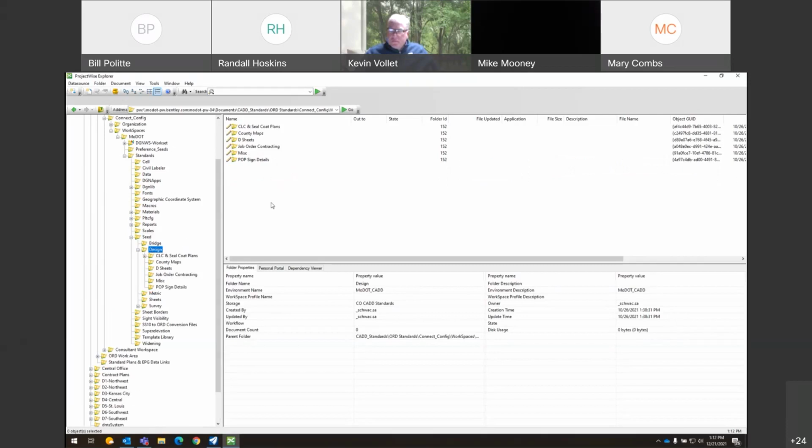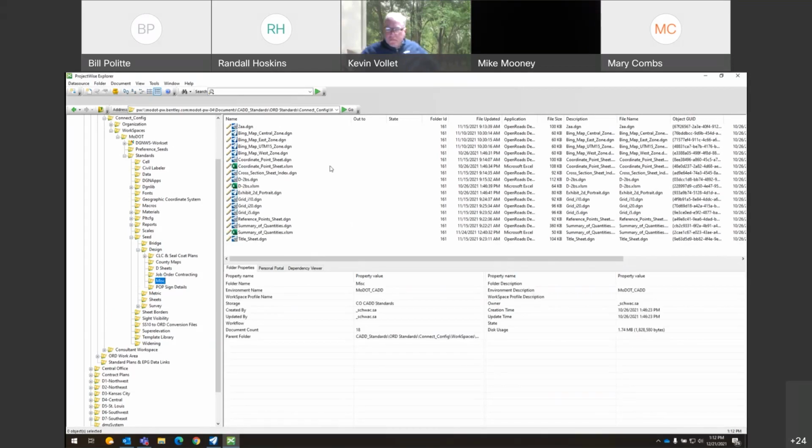And there's no big list under here anymore. Most of those are under miscellaneous. So to get to your Bing maps, coordinate point sheets, summary of quantities, all of those seed files will be under miscellaneous.